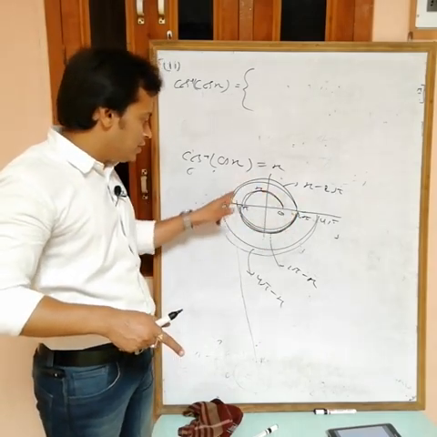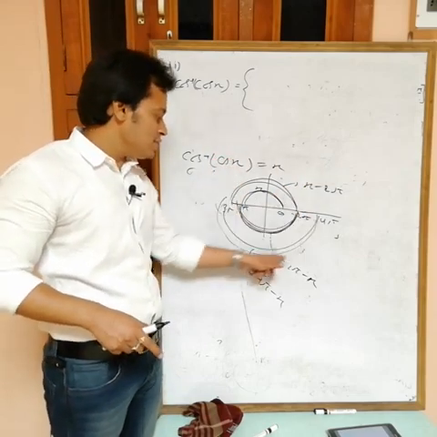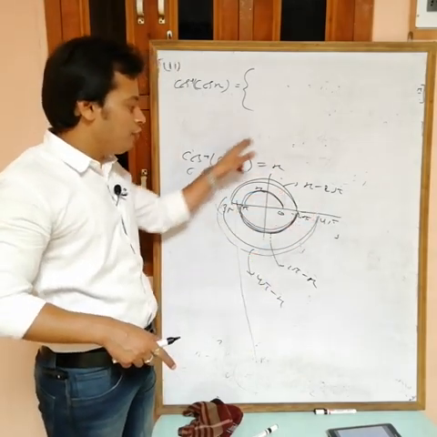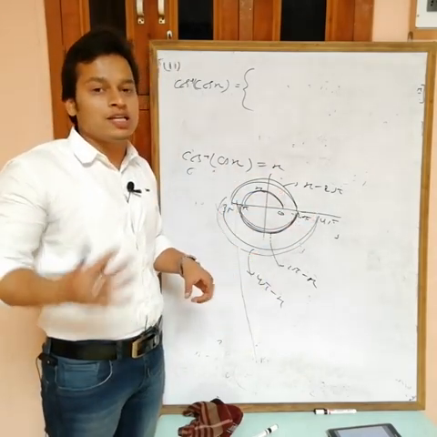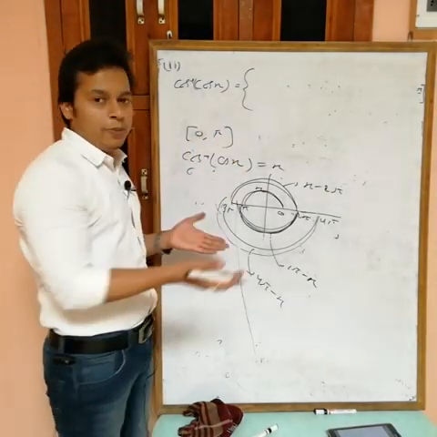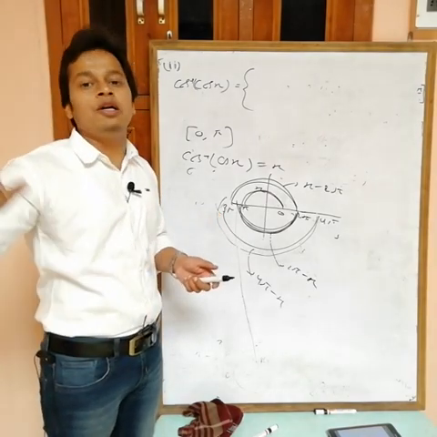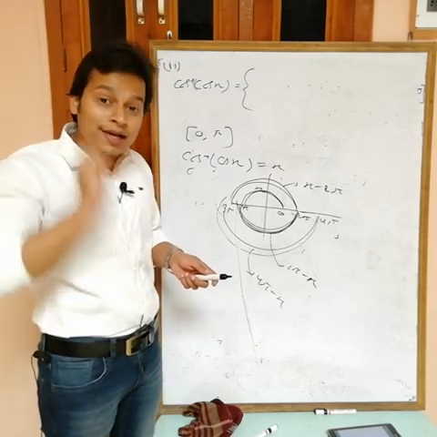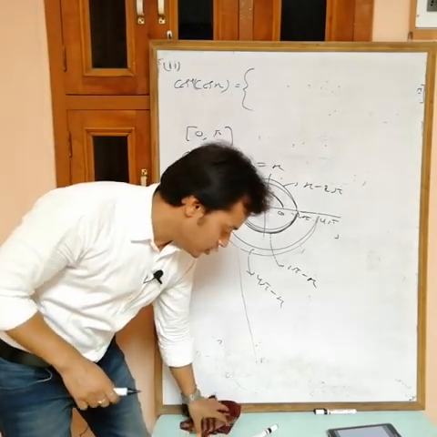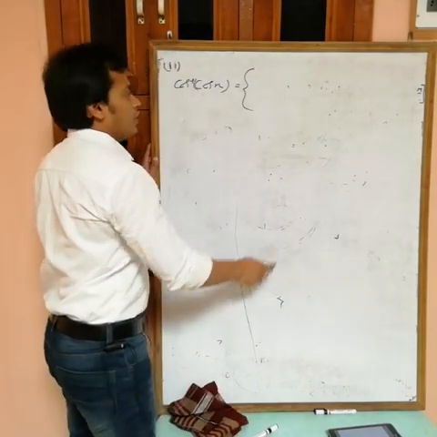And if x is greater than the even multiple of pi, 2 pi to 3 pi, then x minus that even multiple of pi. If x is less than an even multiple of pi, it means 3 pi to 4 pi, then 4 pi minus x. If greater than 4 pi, then x minus 4 pi. Because cos inverse is always positive. Range of cos inverse is 0 to pi. Okay, completely positive value. So if an even multiple of pi is greater than x, then that even multiple of pi minus x. And if x is greater than that even multiple of pi, then x minus the even multiple of pi. Okay, so remember this one. We will take an example, but see how to write this formula.